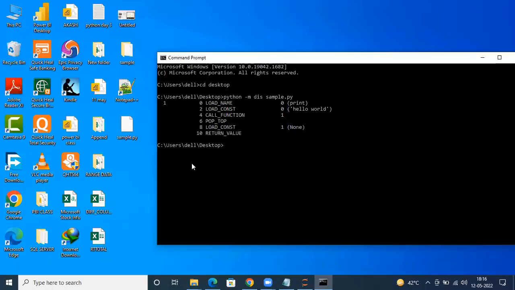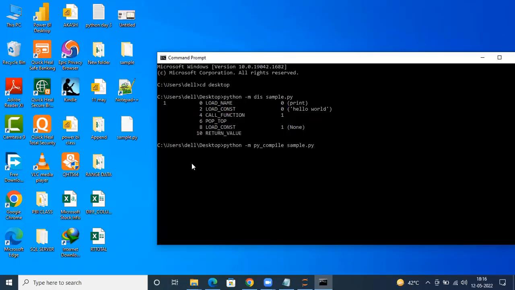That is a Python compiled file. So for that, I need a Python compiler. Although everything happens internally, somehow I need that. So I will again mention Python, then -m, where -m indicates I'm about to call a module, and the module I want to call is py_compile, that is the Python compiler. Now, which file do you want to compile? You want to compile the file